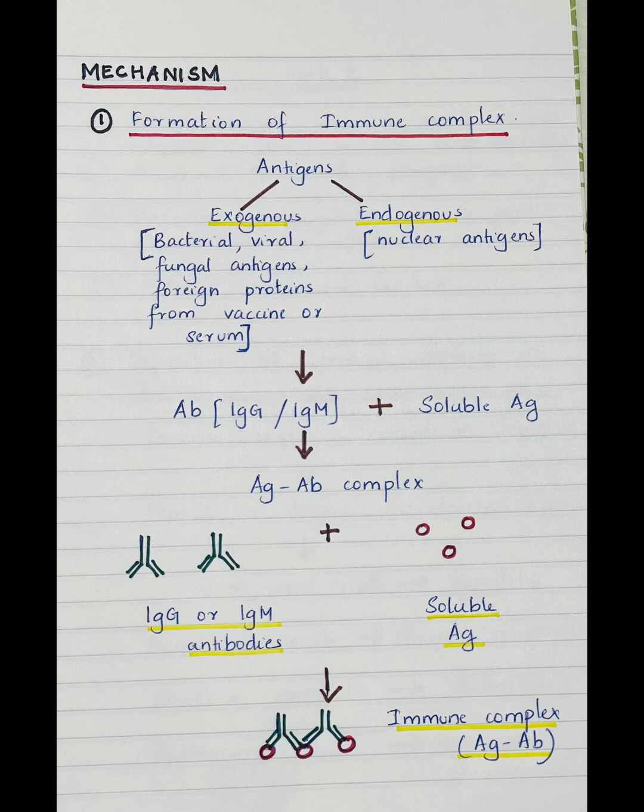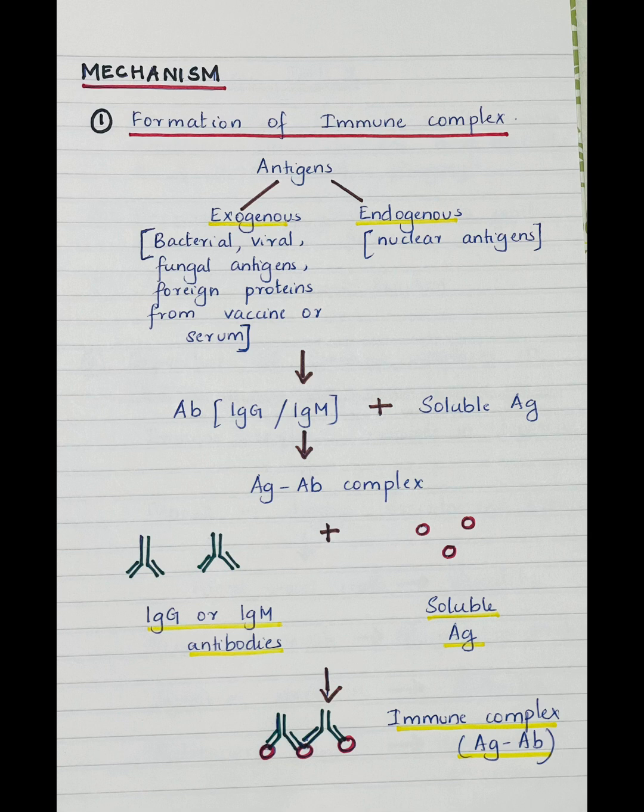The first step is the formation of immune complex. Soluble antigens bind to antibodies in circulation. Now these antigens could be of two types: exogenous antigens or endogenous antigens. Exogenous antigens can be bacterial, viral, fungal antigens or any foreign protein from vaccine or serum. Endogenous antigens could be nuclear antigen. Nuclear antigen is any protein or molecule that is found inside the nucleus of a cell which triggers an immune